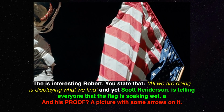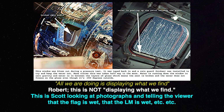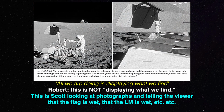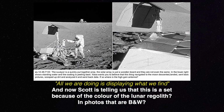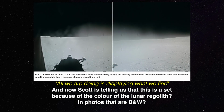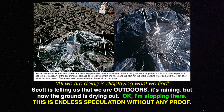And it's a nice close-up of it, and the flag is absolutely soaking wet. And when you look around the set on Apollo 17, you'll see that the LEM is wet, everything is wet, the ground is dark. It's a gray-blue kind of color on it. It's very dark. So the set design behind it, it doesn't match the mountains anymore. But if you look through the photographs, of course, the weather gets a little nicer and then the ground starts